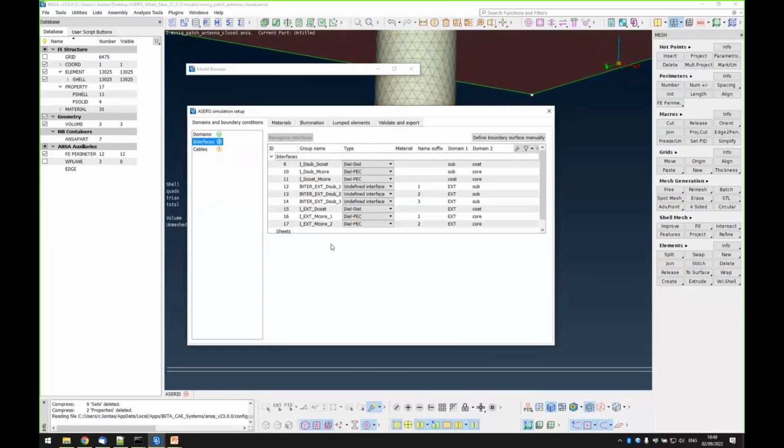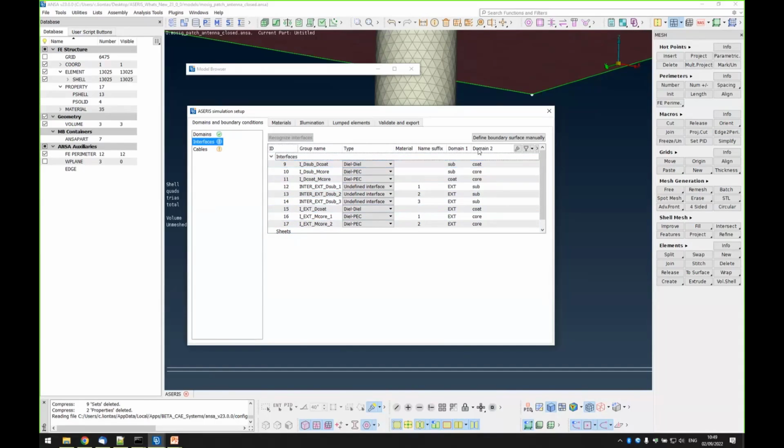So now what do we see here? We have a list with various fields. Each interface is represented by a PID, and the PID is listed here. You have the group name, which is the naming of the PID, and it follows a convention which is needed by the solver to understand what the interfaces separate. You have the type of the interface, which can be edited by the user. You have the material of the interface in case a material is needed. Not every interface needs a material. You have the name. You can rename your interfaces, the suffix here, 1, 2, 3.